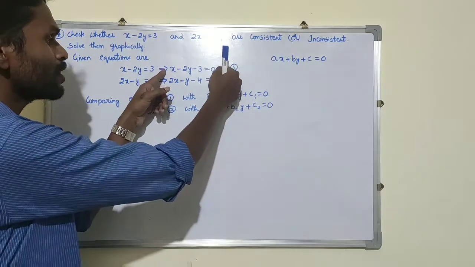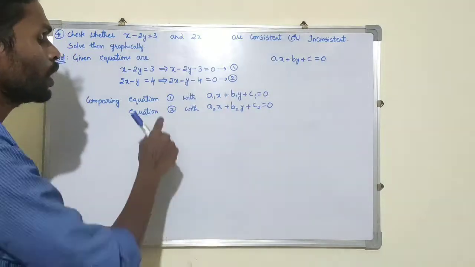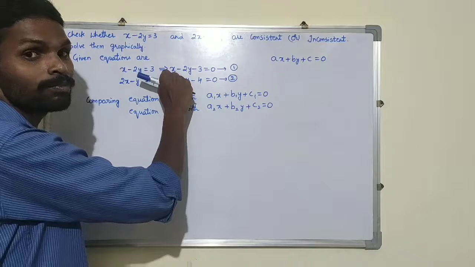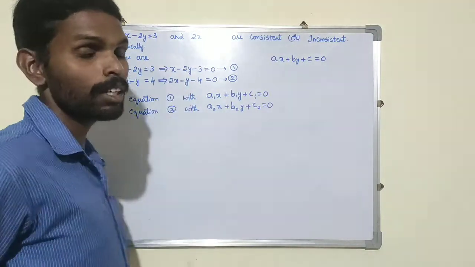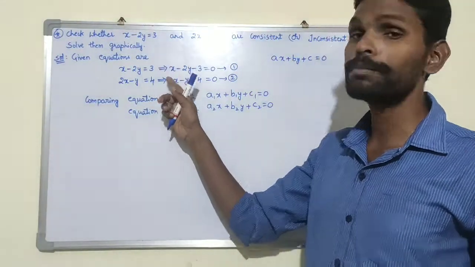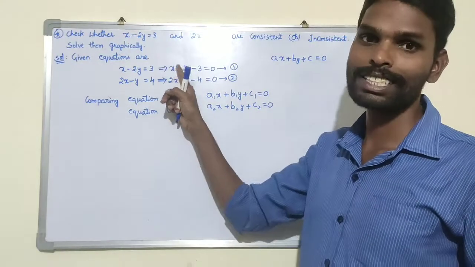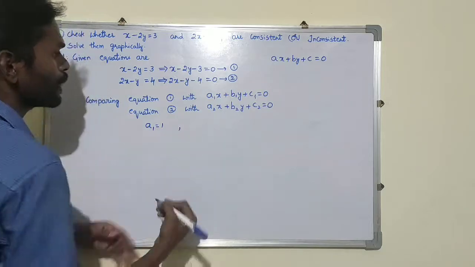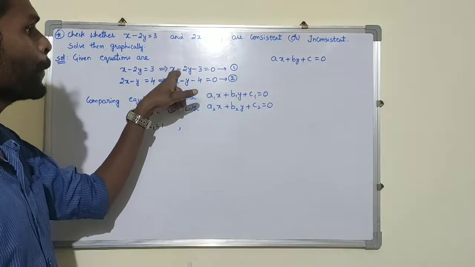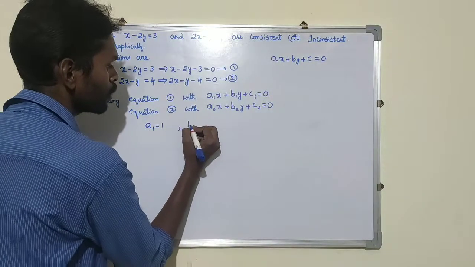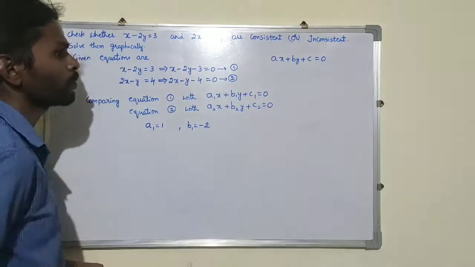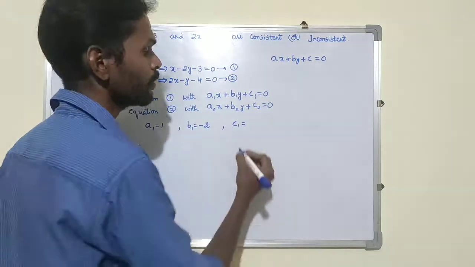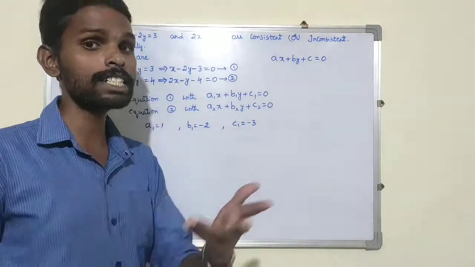Now, you need to take this equation and compare it with this equation. Here, coefficient of x is a1. What is the coefficient of x here? Here, no number is there. If no number is present beside x, then the coefficient will be 1. This x is nothing but 1x. So a1 equal to 1. Similarly, in place of b1, what number is there? It's minus 2. b1 equal to minus 2. Similarly, in place of c1, minus 3 is there. Write minus 3. This is about equation 1.